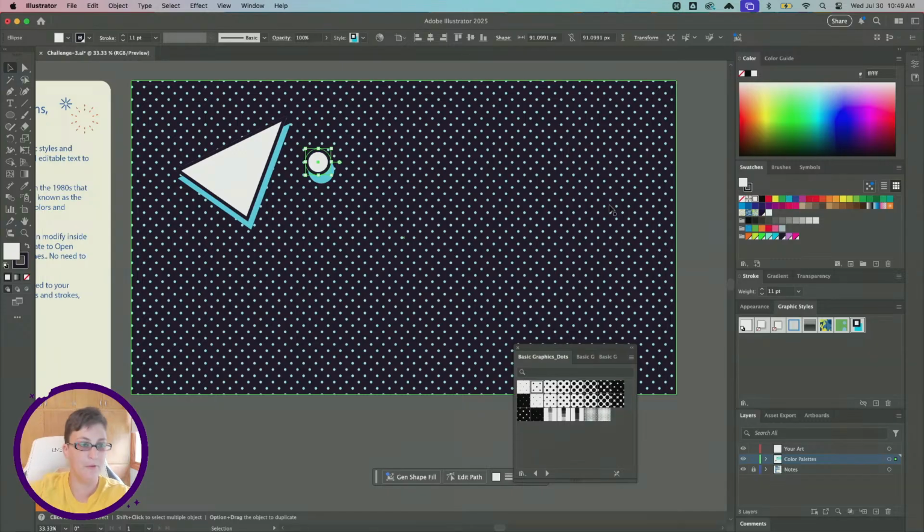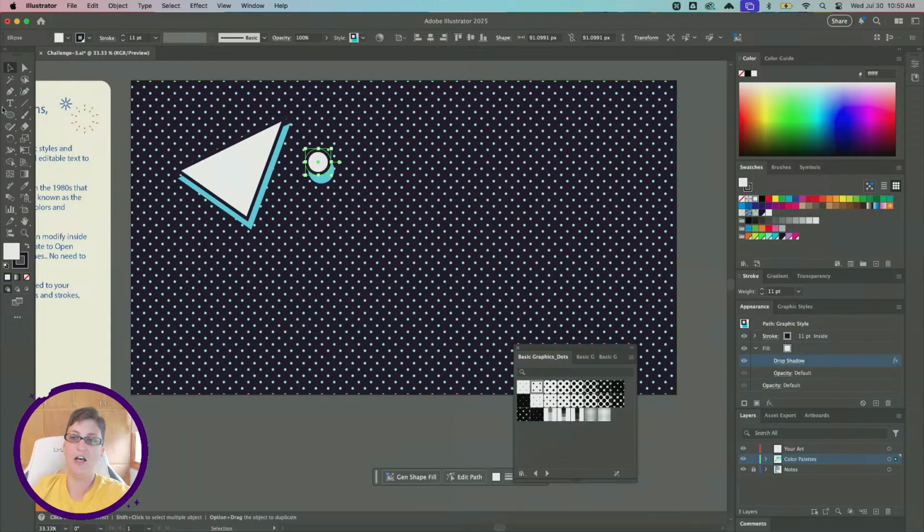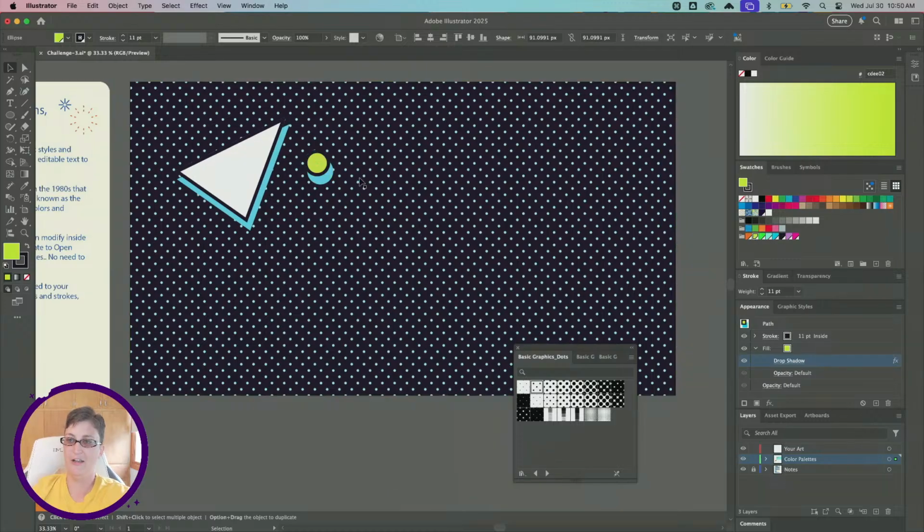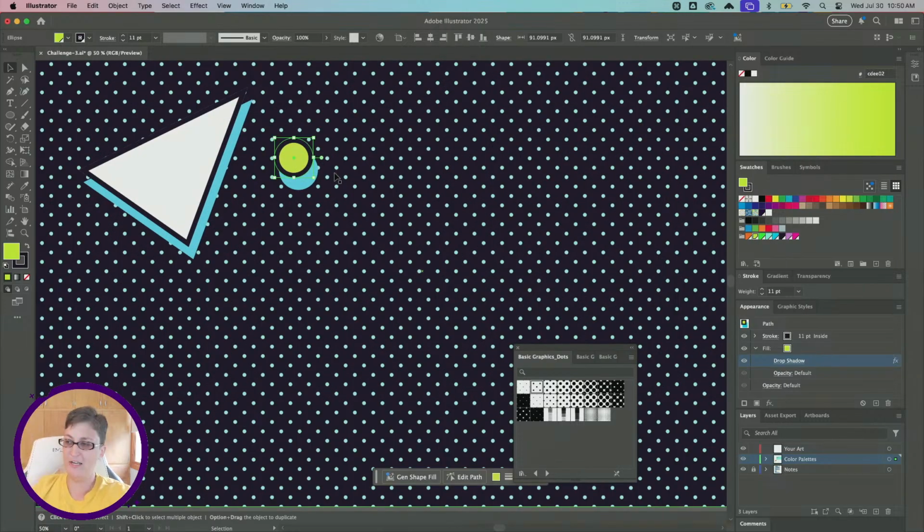So we created a circle, we were easily able to apply it, and now it's consistent, it matches the other. And if we wanted to change the colors around, since I know that's going to be your next question, we've got our white fill and our darker color stroke. We could go in here and just apply the fill color that way. And then if you wanted to change the drop shadow color, very similarly, once you apply the appearance